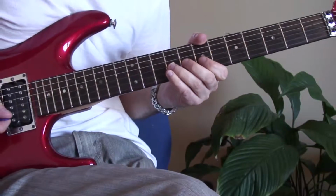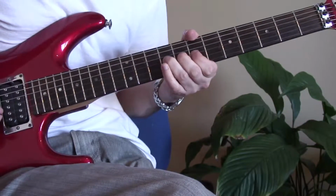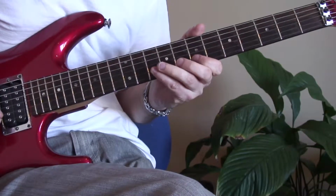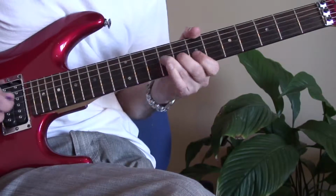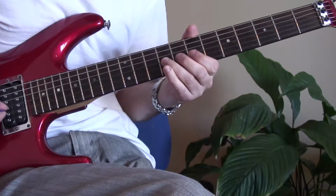So you're best to think of this lick in 3 separate bits. So bend 9 up to 11 on the G, 7 on the B, 7 on the high E, and then pull on the B string again, 10 off to 7. So that's the first bit, okay? And then we have,